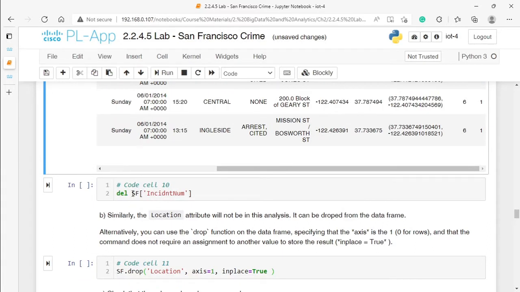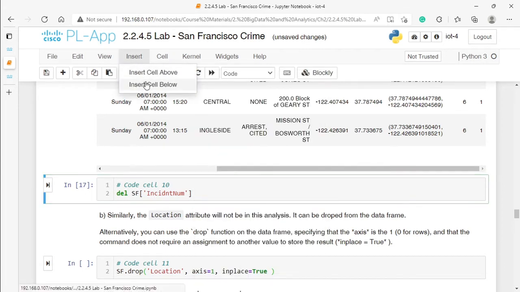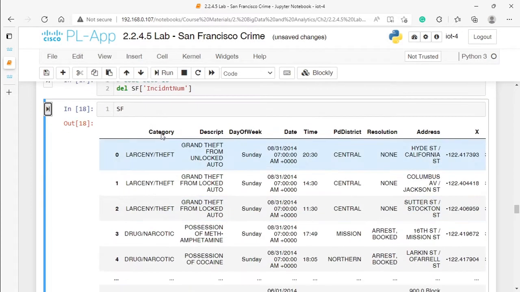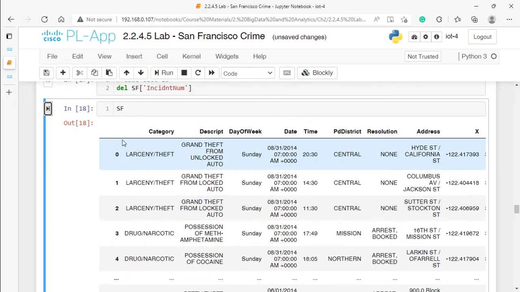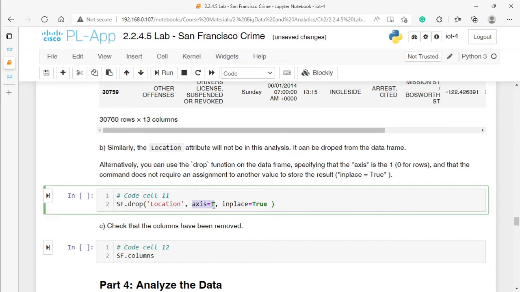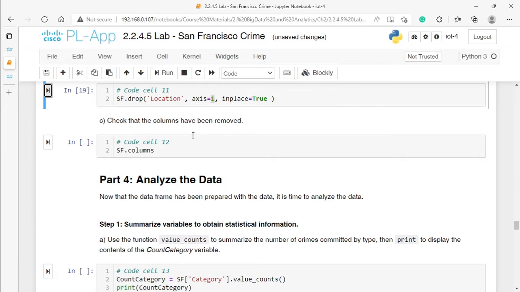The first one, we use a function delete. So if I run this one, and then I insert another one below, here SF, now we should not see the incident number anymore. And also we can do the same by using the drop method, SF drop, and we specify the location. For axis 1, it means the column. If we put 0, it means a row, and inplace means that we keep the change on the same data frame. So again, we now executed